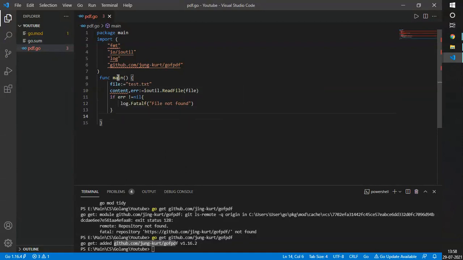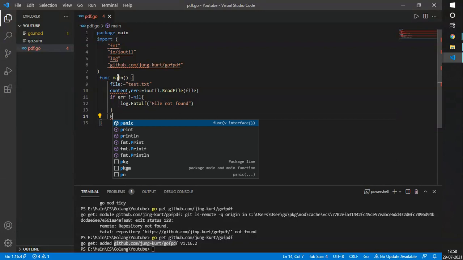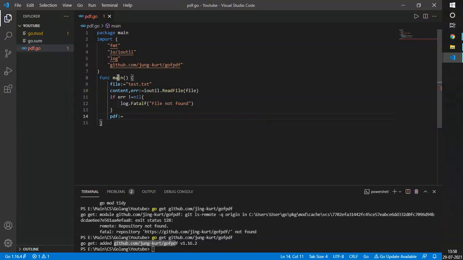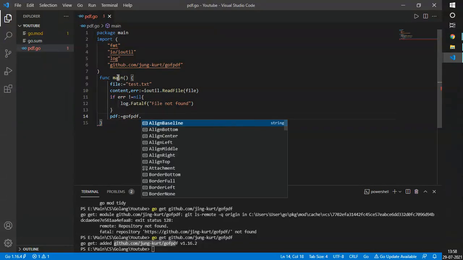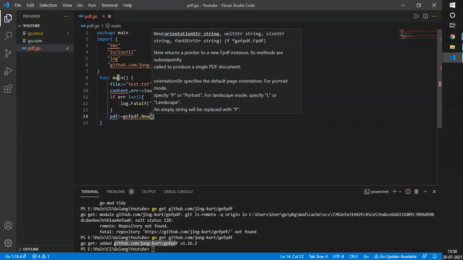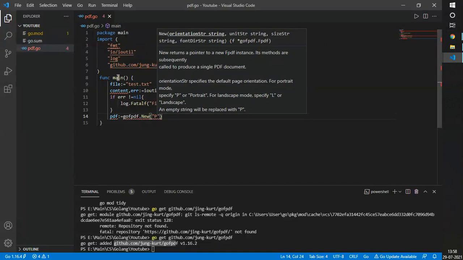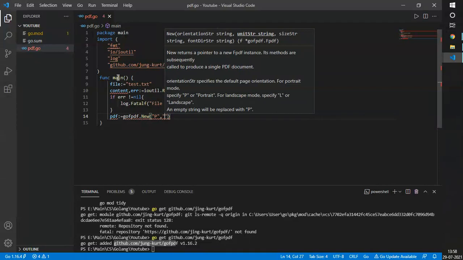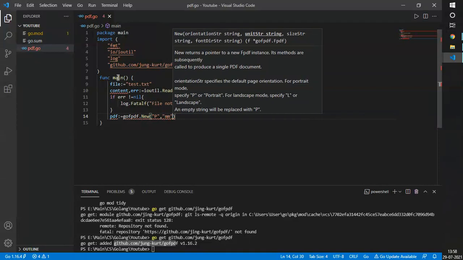So that's over. Moving further, now we have to define the parameters of the PDF. So let's define that and name the parameter pdf only. Now the package that we have imported comes into work. So here it will depend on what kind of PDF we are going to make, like what the page parameters are. If you want it in portrait, P, otherwise L if you want it in landscape. Then the dimension we want to work on.